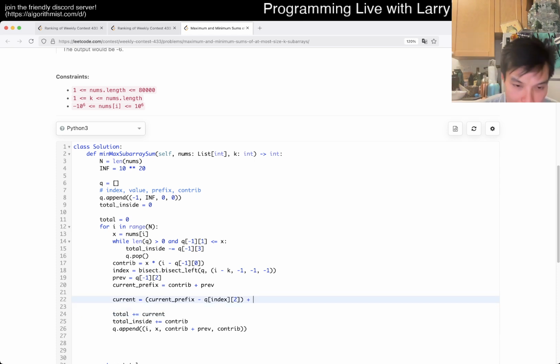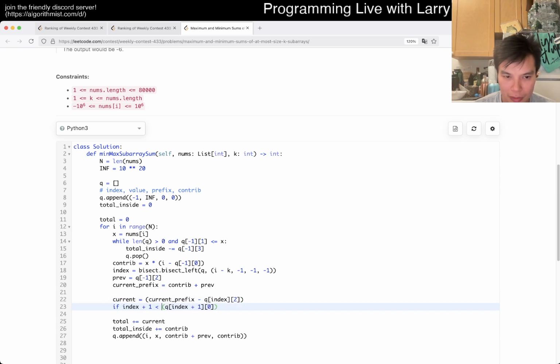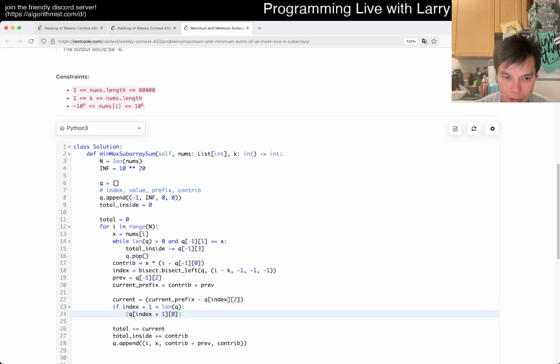So it's this plus the delta of the index. So it is going to be the next index, which is actually kind of awkward. So it actually is q sub index of 0 is the index. And this spans up to the next one. So it is index plus 1, actually. If index plus 1 is less than length of q, then, yeah, if this is not the last element, then you